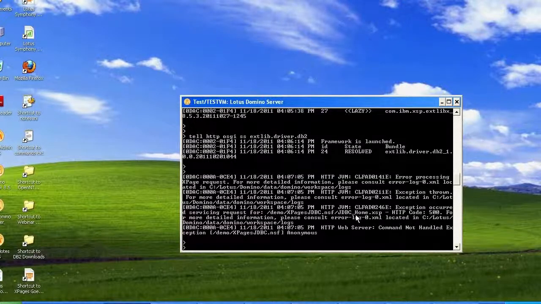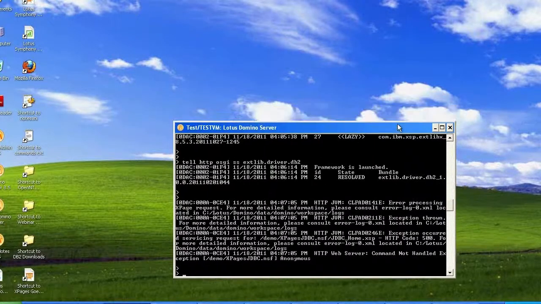The reason is that when I put the database on that server, you also need to sign that database either with your server ID or with your user ID. So we will do that later. If you have signed all the design with your server ID and with your active user ID, you will be able to run that database. But right now let me jump to the installation step on the client